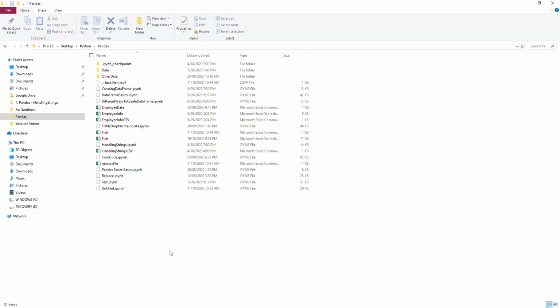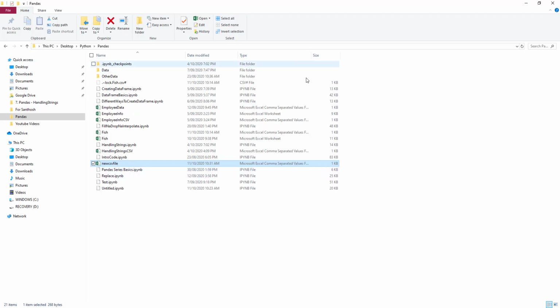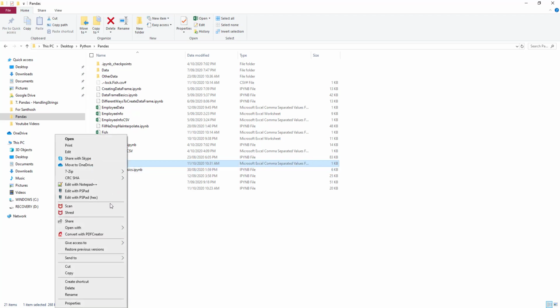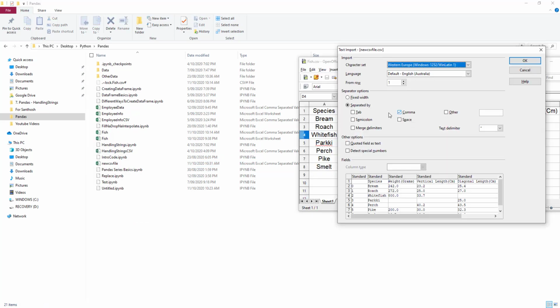I am going back to the folder, and I can see that the new CSV file is created. It shows the file type as Microsoft Excel separated value file. I am going to open it using OpenOffice, and here it asks for the delimiter.